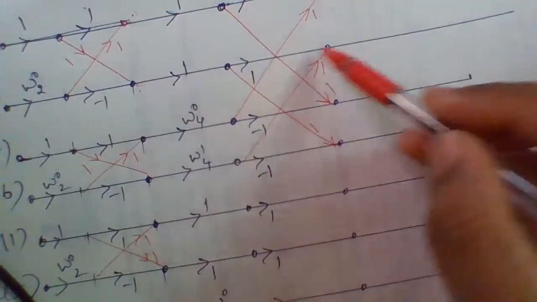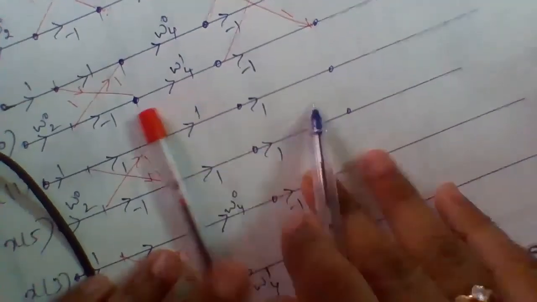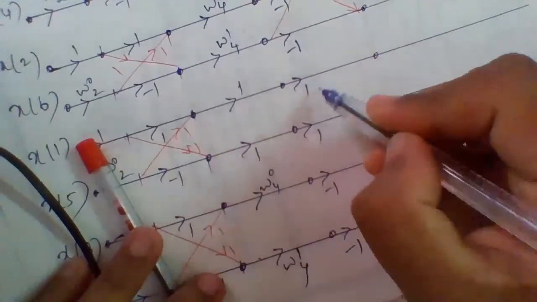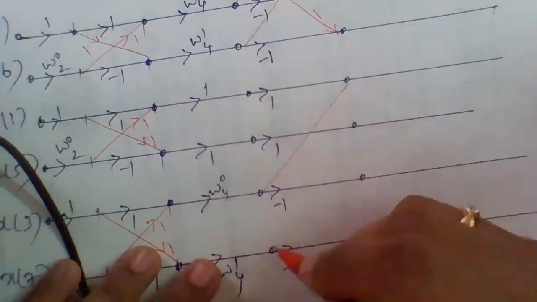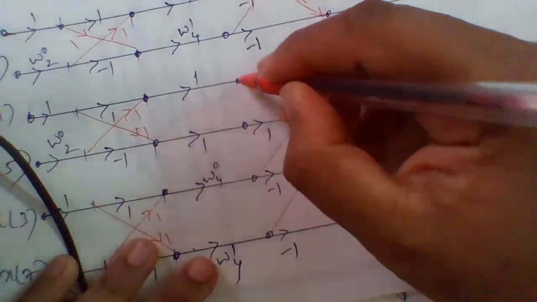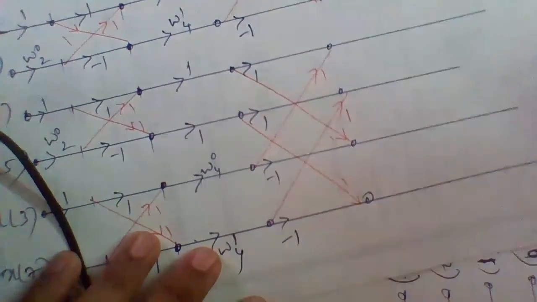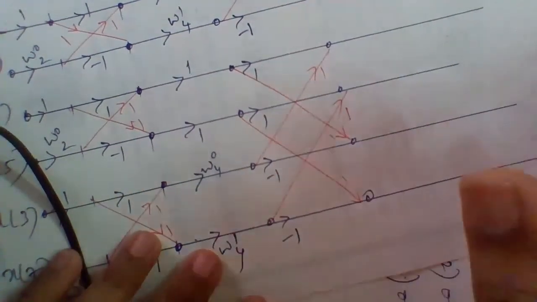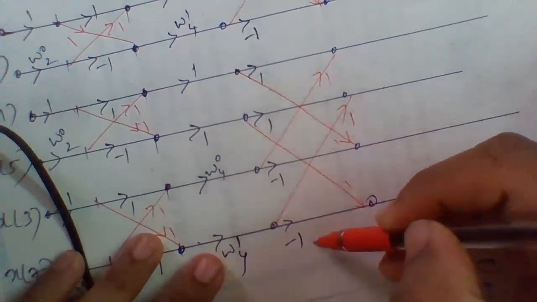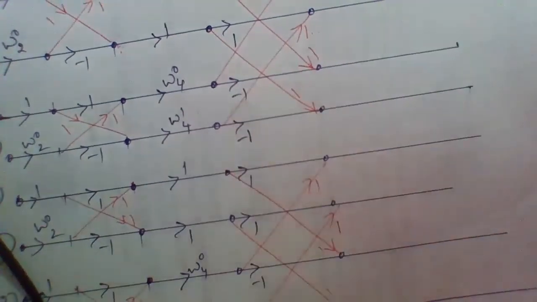Similarly we will do the same thing for the f2 block also. The 1, 1, minus 1, minus 1 is already there, and I have to simply connect them here also. The diagonal lines are all ones only, no need to worry. Where the minus 1, minus 1 appear, you have to write them carefully. Now the second stage is completed.